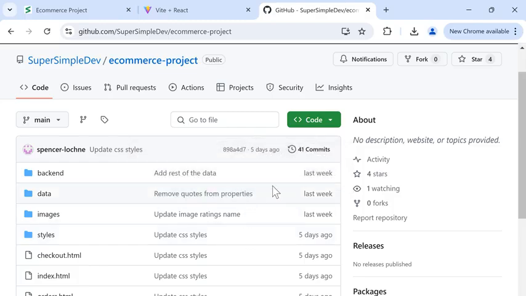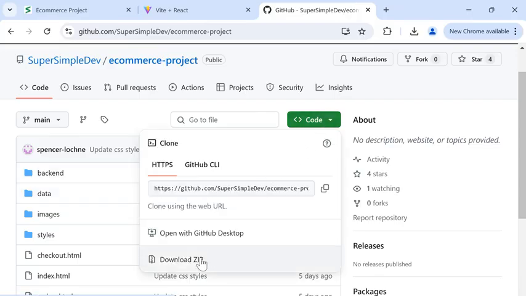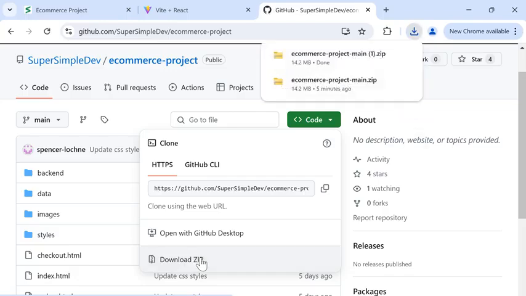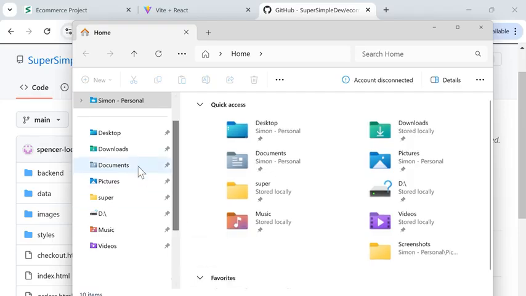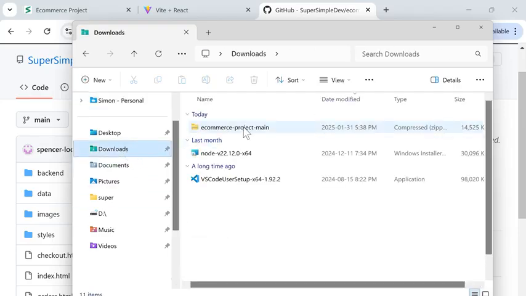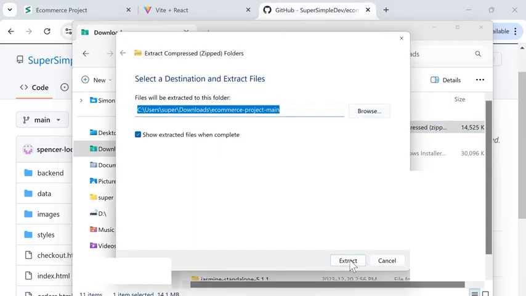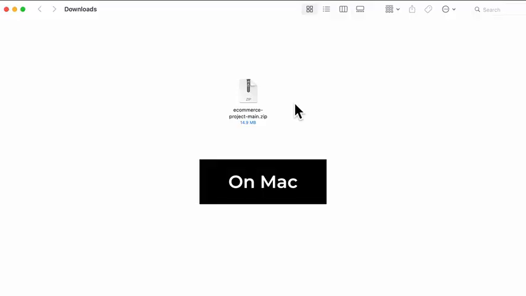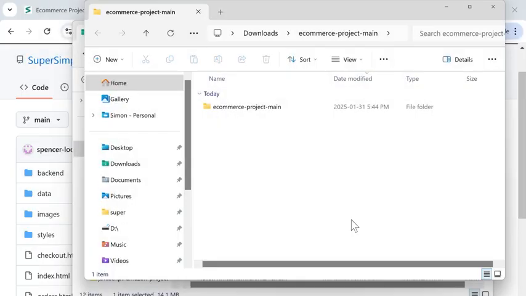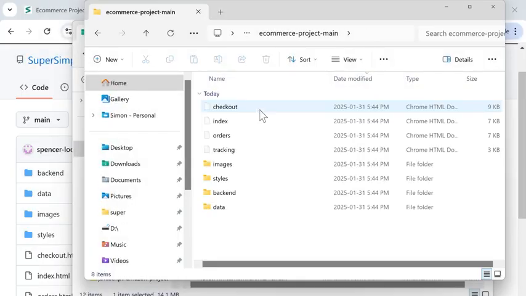So to download the starting code, we're going to click this code button here, and we'll click download zip. And we'll open our downloads folder. For me, it's here, and we're going to unzip this file. On Windows, we're going to right click and click extract all and extract. And on Mac, you can just double click the zip file. And then we're going to open this folder, and we're going to move all of these files and folders into